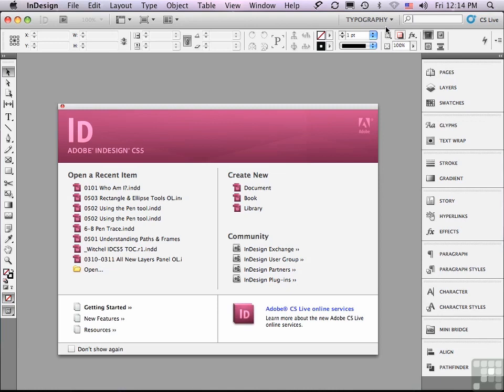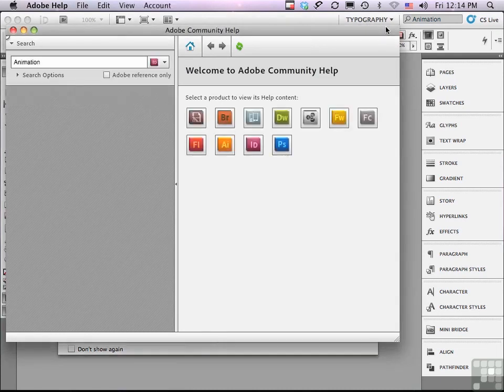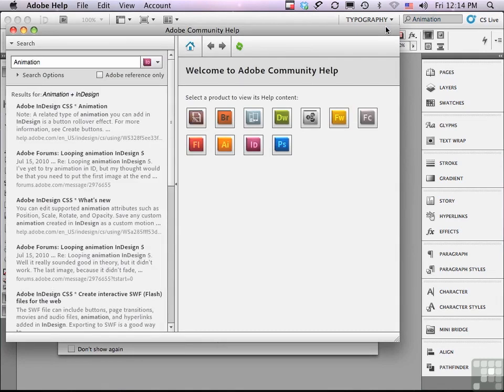Well, I'm just going to type in animation in the Find field, and then I'm just going to hit Return or Enter. And it's going to open a separate application which will find information from the entire Adobe community on the web from around the world. Now, usually the answer I'm looking for is in the first 3 or 4 listings on the left side of